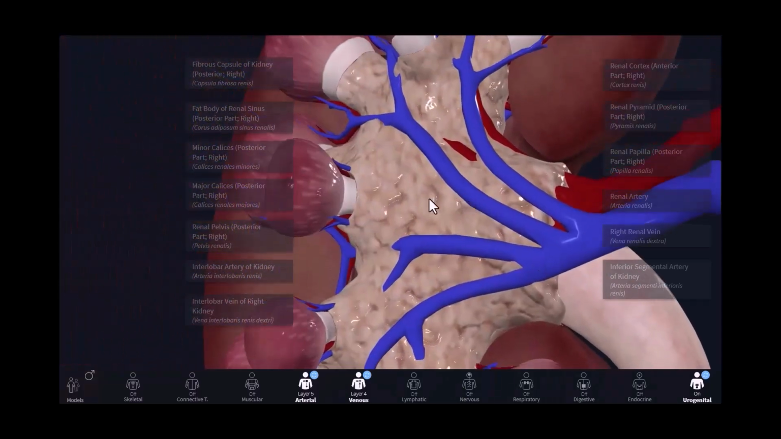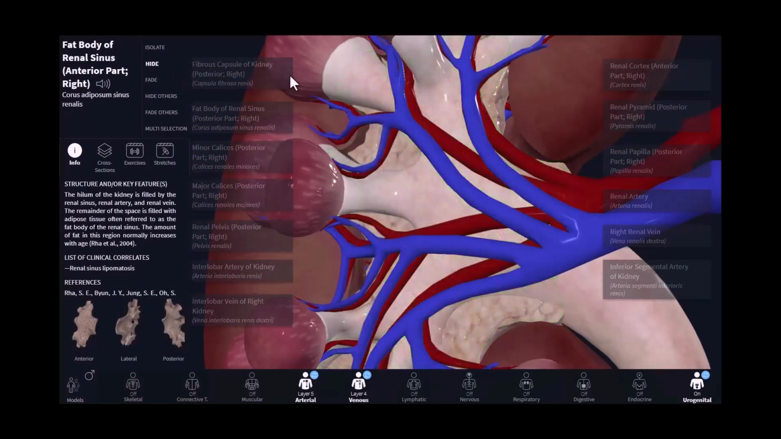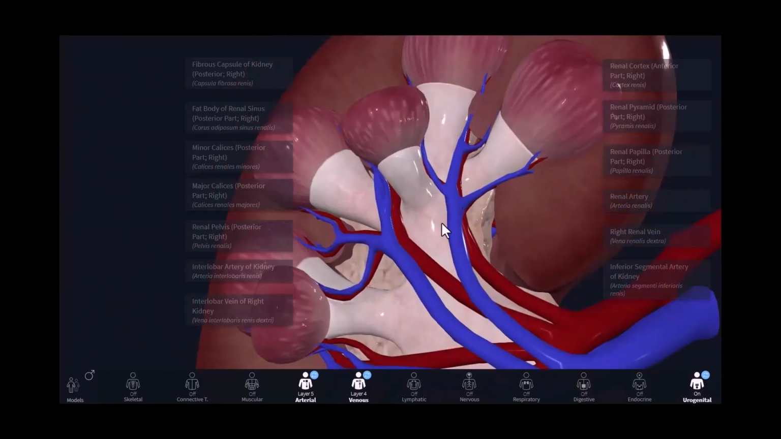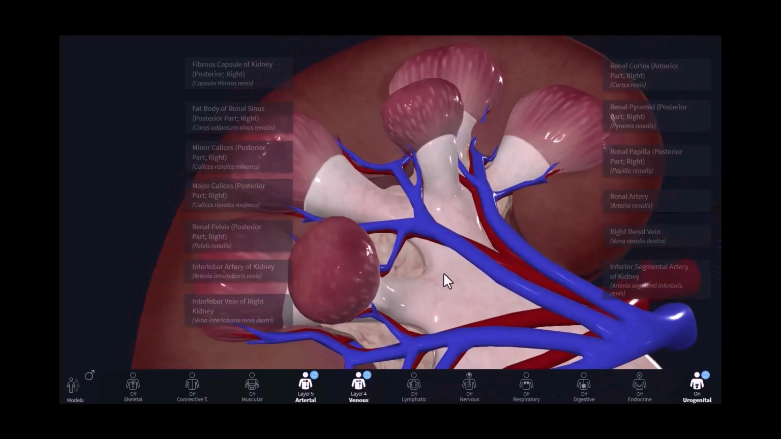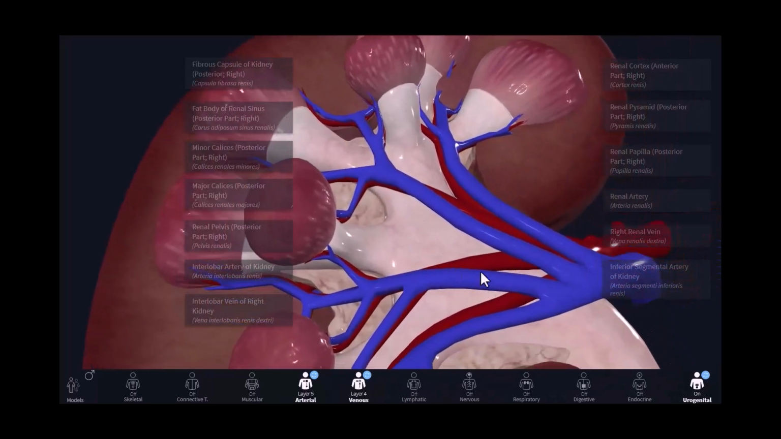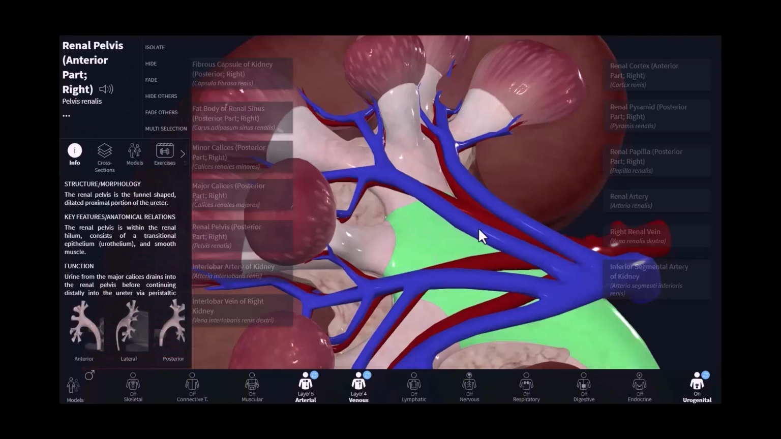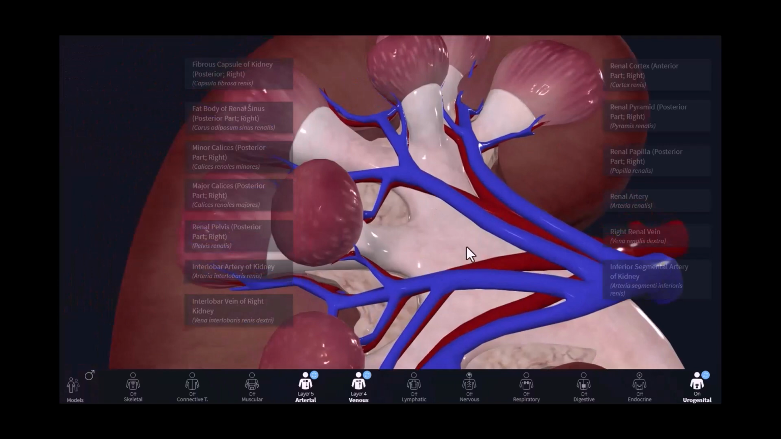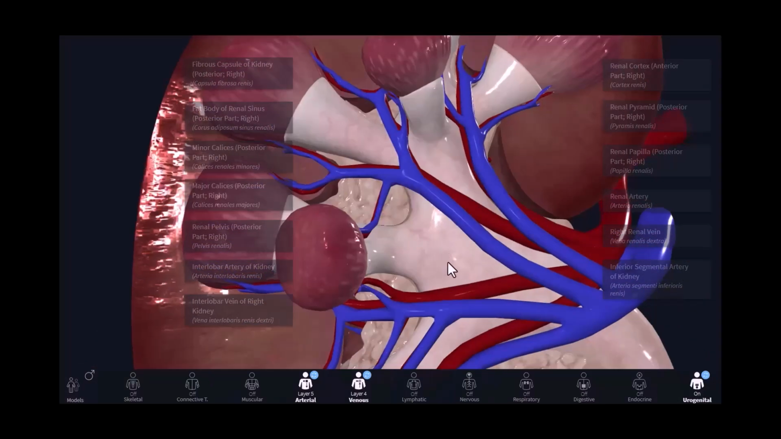So if we hide this fat layer, we will see that all these little minor calyxes will join into this large collection, and this is called a major calyx, the major calyx right there. So the major calyx is going to join into the renal pelvis. For this model, it doesn't say that this portion is the major calyx, but it is,